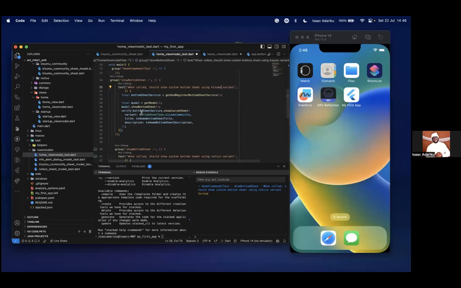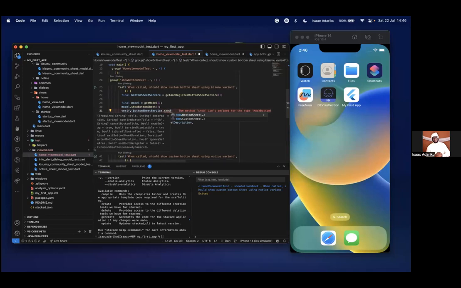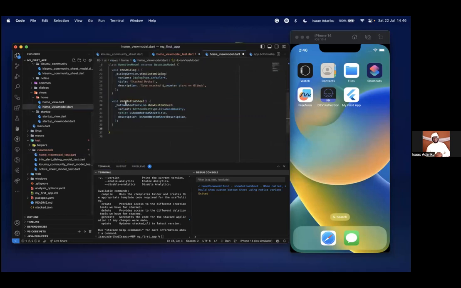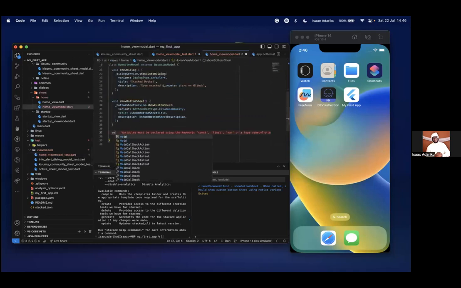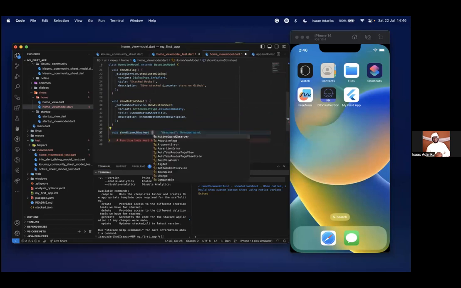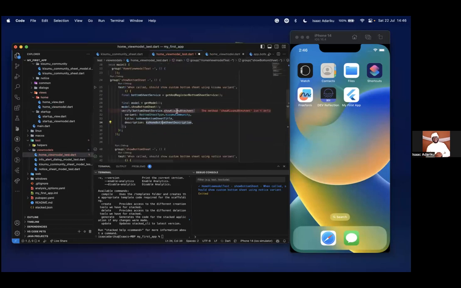So I'll be writing all this, and so probably I want a custom function which will show bottom sheets. So let me say I have this function. Already this is showing a red line, meaning that the function is not available. So I have to actually go to this place to write this function. So I have this function, there's no code in it.